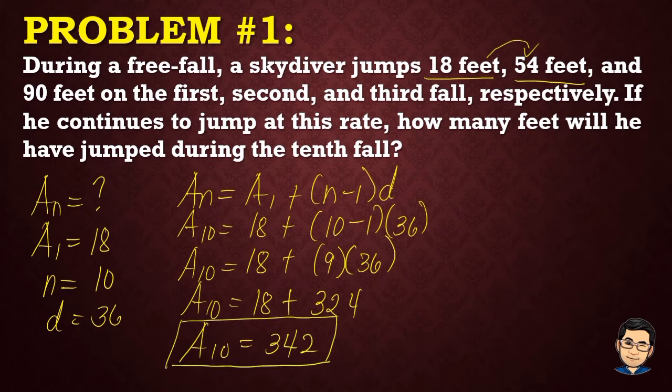So ibig sabihin, 342 feet na yung natalon ng skydiver during the 10th fall. So kapag po ganun, dahil may units po siya, so kailangan po sinusulat po natin as final answer 342 feet. Okay. Kailangan po may units. So for our next problem,